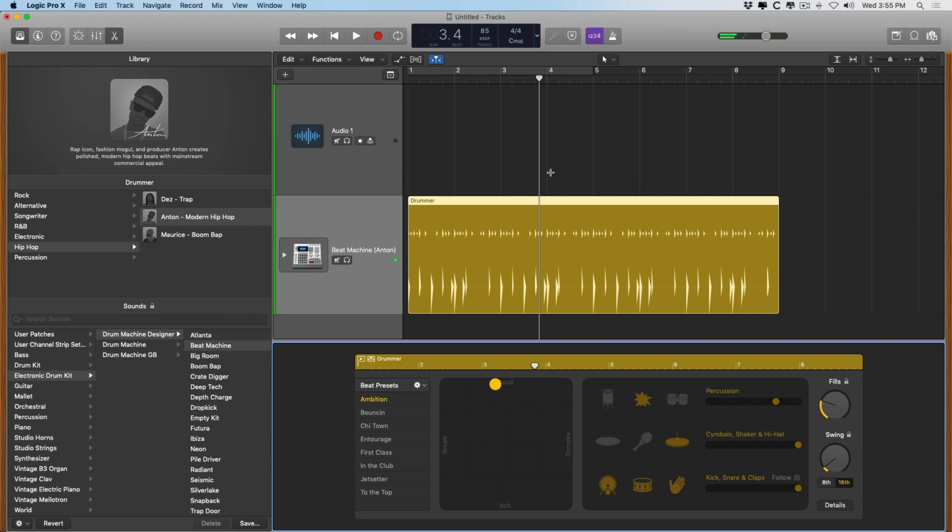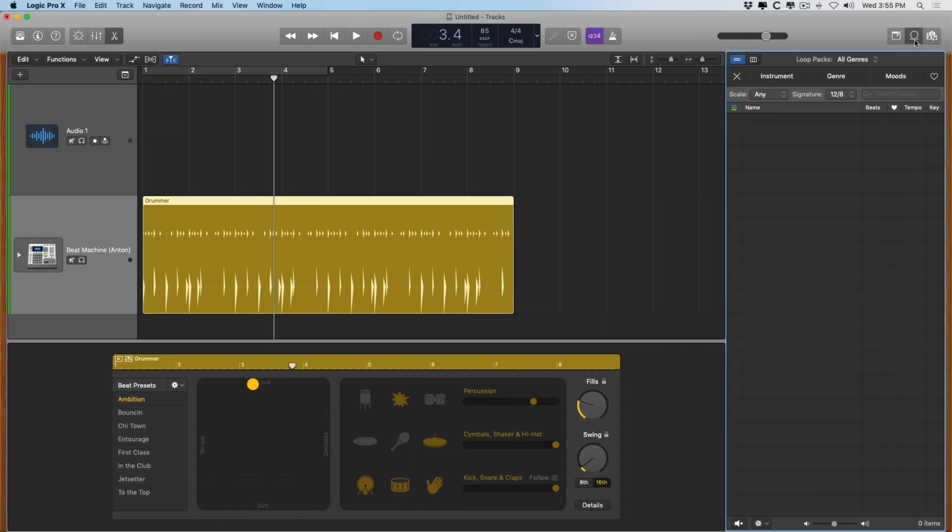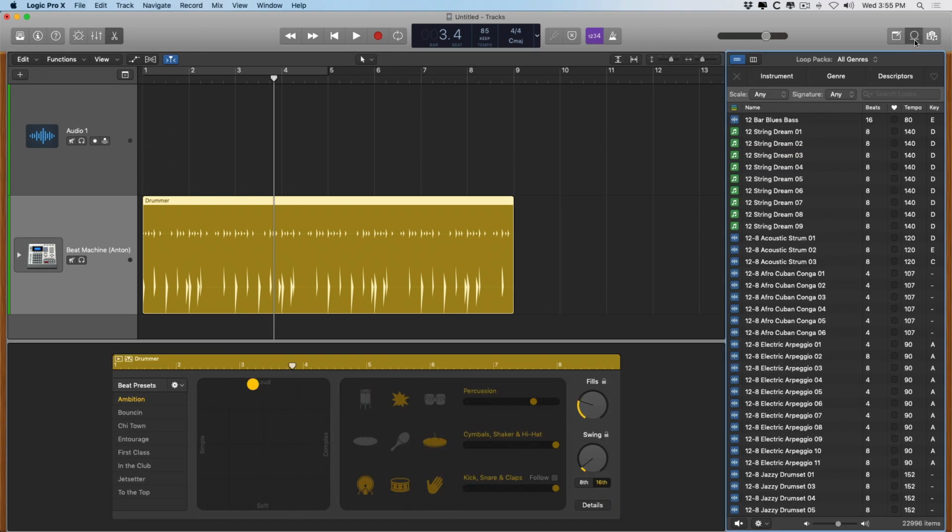Okay, so now I want to introduce a bass sound. I think it'll help fill out this production when I record my guitar. If I close the library again using this filing cabinet button, and then I'm going to go over here to what looks like a loop, and this is the loop browser. Logic provides us with literally thousands of pre-recorded pieces of audio that are known as Apple Loops, and there's a